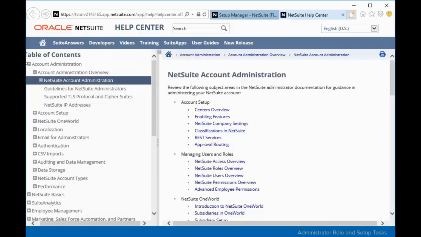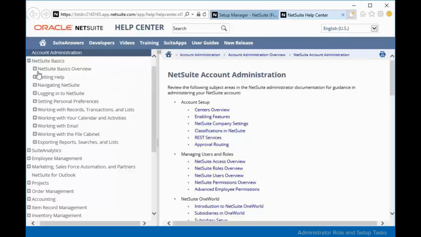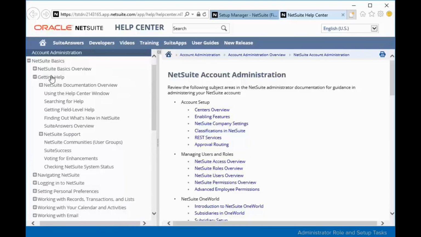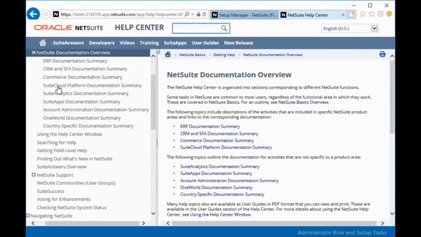Going back to the table of contents, we'll close the account administration and we'll go into NetSuite Basics. Upon entering NetSuite Basics, we see that we have a Getting Help topic. Opening Getting Help, we see we have a NetSuite Documentation Overview. If we click on that hyperlink for NetSuite Documentation Overview, you see that we get a listing of the documentation